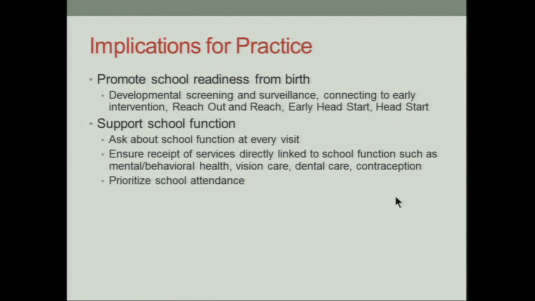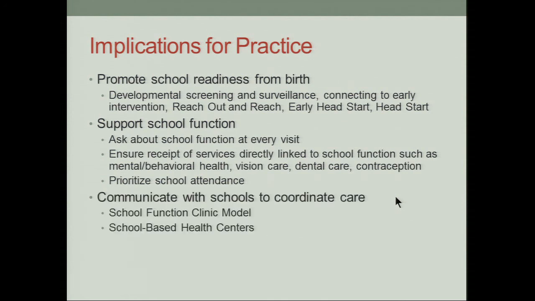And then I would argue that we should also really try to limit the number of times kids have to miss school, both due to their health conditions and also to come see us in our clinic appointments. Whether that means coordinating care for complex kids who have multiple doctor visits so they can all happen at the same time, or offering appointments outside of school hours. And then when we do identify problems in school, we need to really help figure out why that is so we can help our patients succeed.